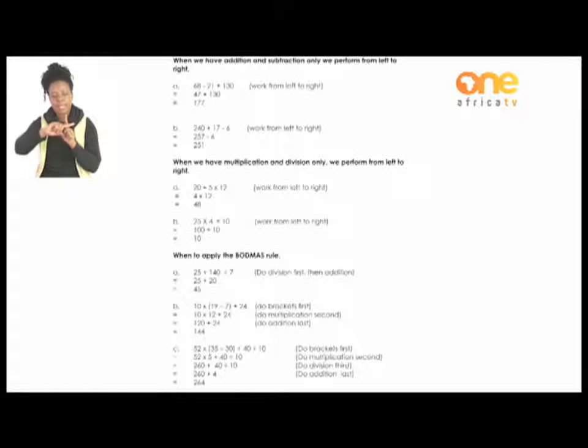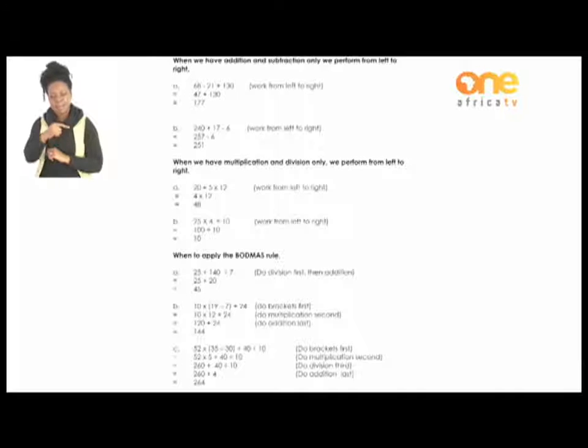240 plus 17 minus 6. Now in this example we will see the plus is before the minus. Remember what we said, they are like brother and sister: the one that comes first, that one we do first, working from left to right. So now we're going to do the addition part first. We're going to say 240 plus 17. That part we're going to do first, and that equals